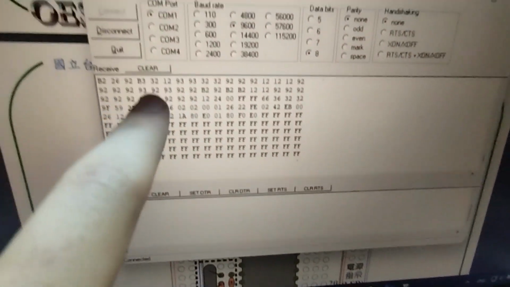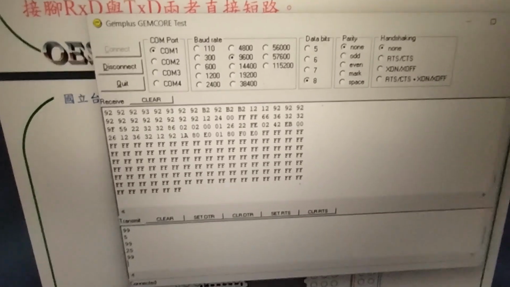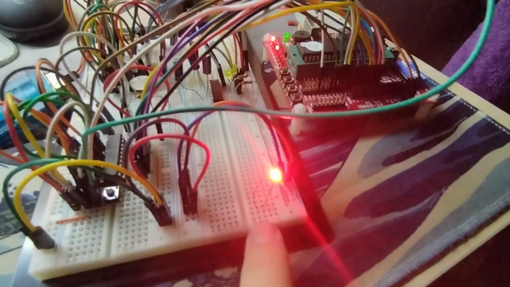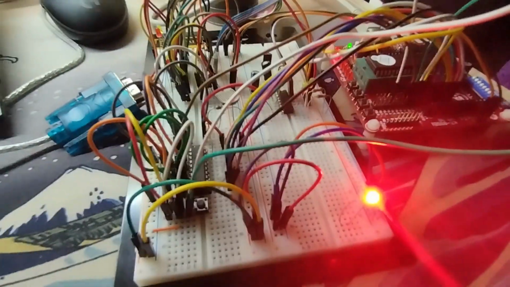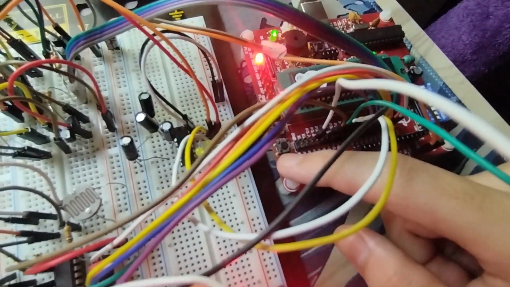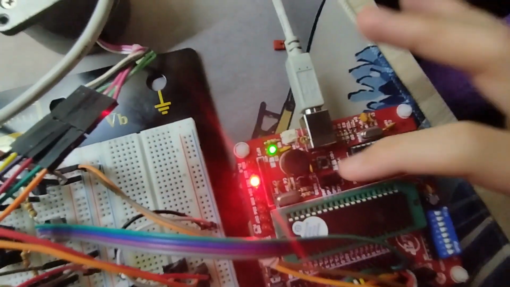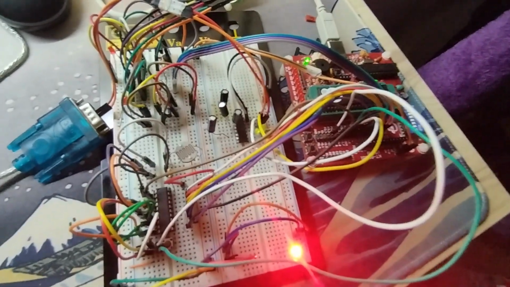As you can see right here, when there is a number, it means dark, and when it's FF, it means there is light around. And then I have a little light indicator right here, telling that there is a current running through all of the circuit. And then we have a function button for the last button here. If we press it, it will make a sound. And if we want to turn off all the circuits, the 0 button is for turning off all of it right there, so all of it will turn off.